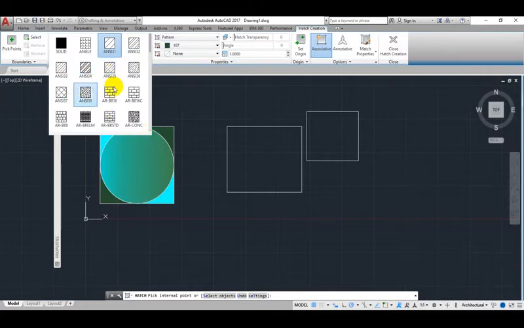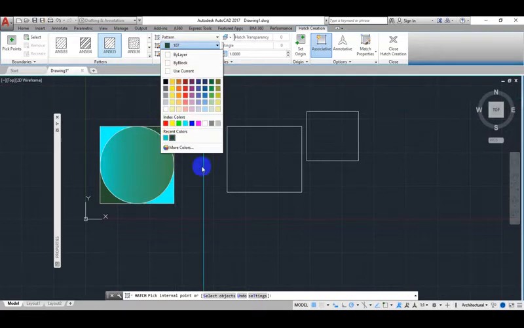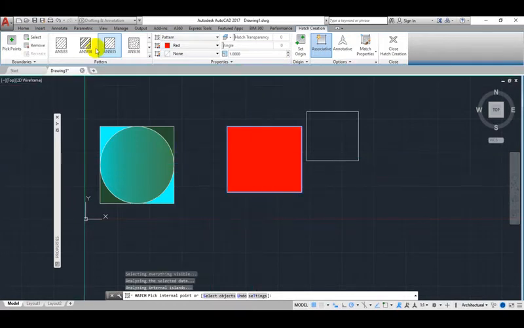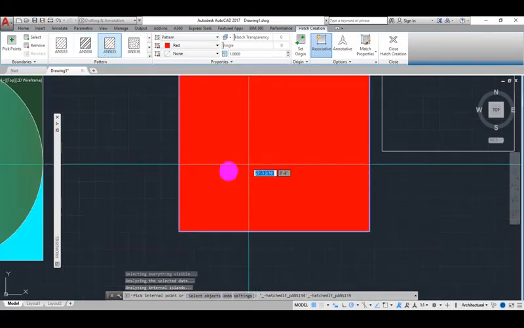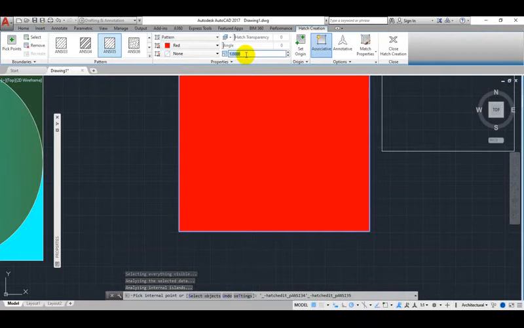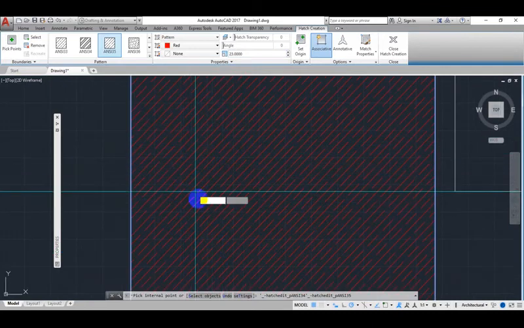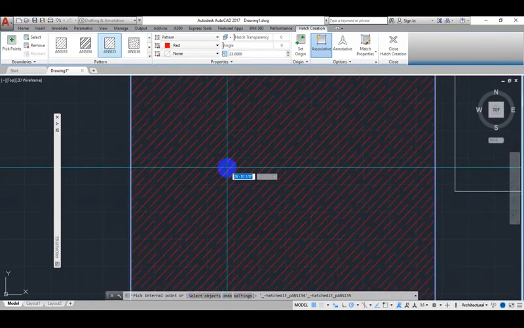I want to put this pattern here, come here to ANSI 31, click, come here to color, make it red. So I click here. So I use the pattern, but I'm not really seeing it yet. So I'll come to scale, say 23, press the tab key. So if I do this, as you can see, I'm now seeing the pattern I'm using here.